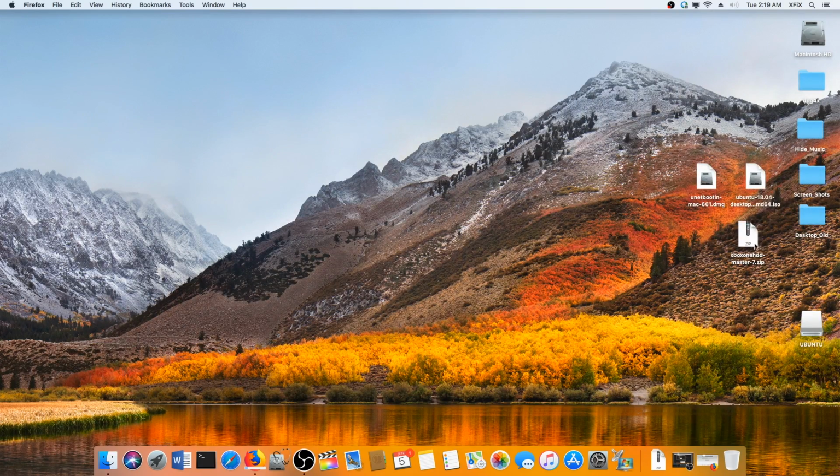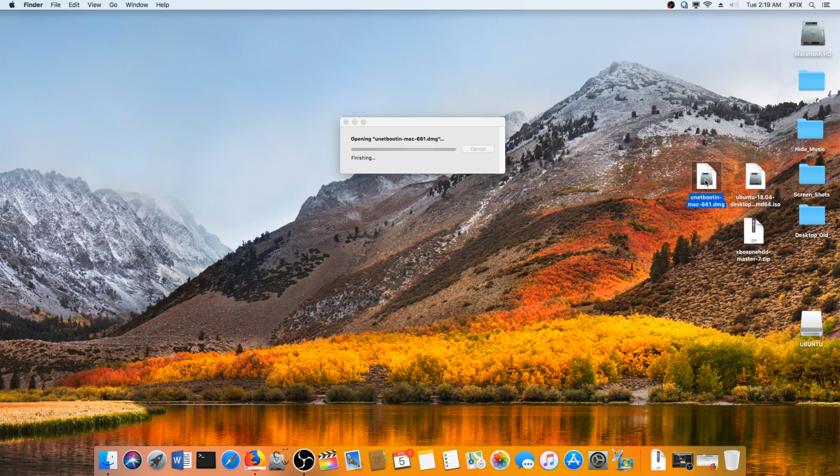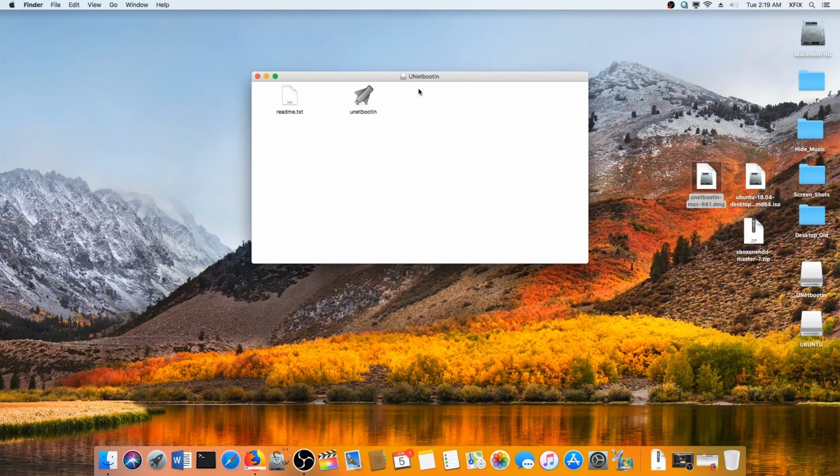Now I've moved all the files we downloaded to our desktop just so that they'll be easier to show. And the first thing we're going to want to do is open our UNetbootin DMG file. So we're just going to double click it and it's going to open up a folder. Now we don't actually have to install UNetbootin anywhere. We can directly run it from here. So we'll just double click the tool